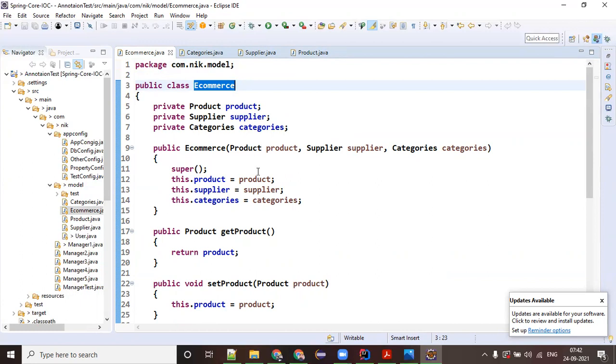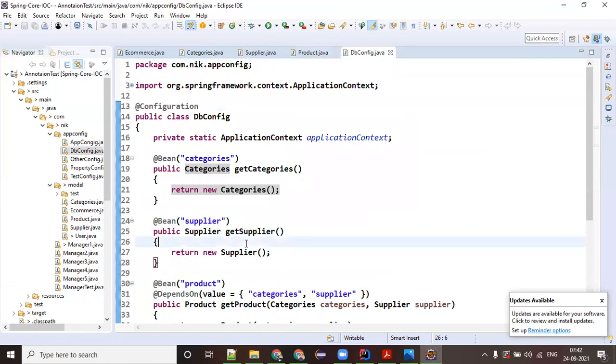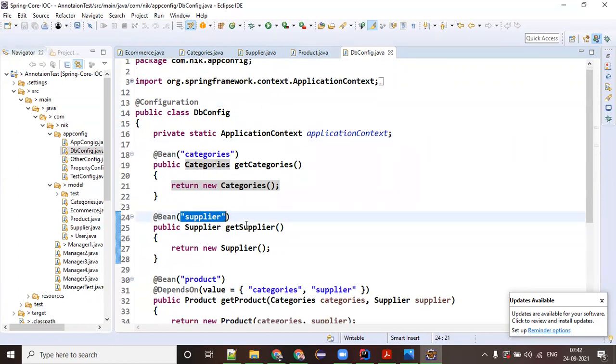Now I have to arrange the beans for this. So let's come to the db config first. Under db config, it's straightforward. I define @Configuration. I define the bean for categories. I define the bean for supplier. But